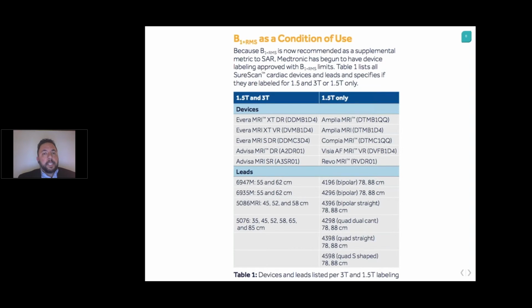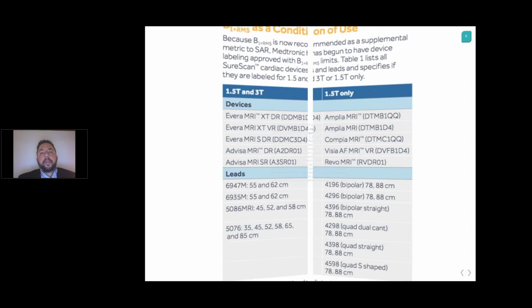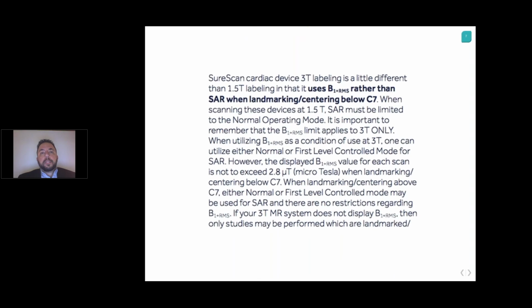So that being said, in researching as an MR tech, in researching Advisa MRI, and looking at the conditions for use with a pacemaker and how we would implement this, we're taking the labeling to be a little more detailed than simply the SAR settings. So using B1+RMS when we landmark or center below C7, so it's not a head exam,